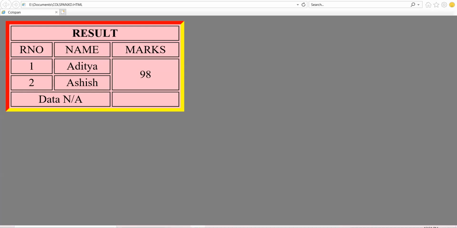I again repeat, when you give bordercolorlight, the red color will appear on the top and left side. When you give the bordercolordark attribute, the border color will be visible on the right and at the bottom side of the table. I hope the concept is totally clear.